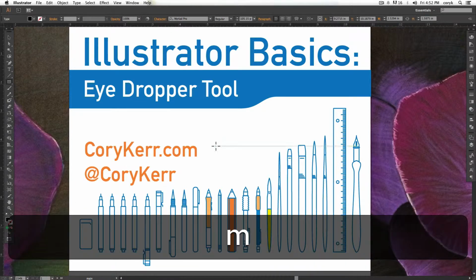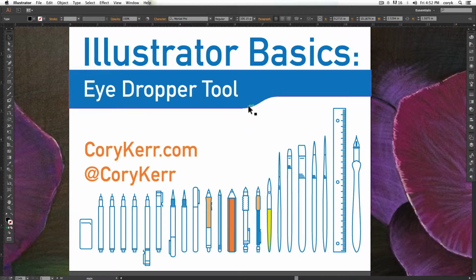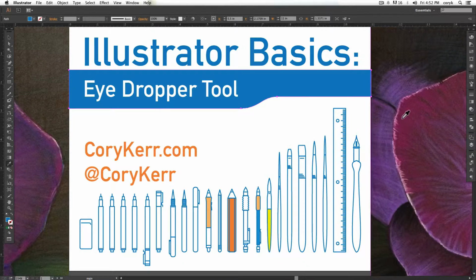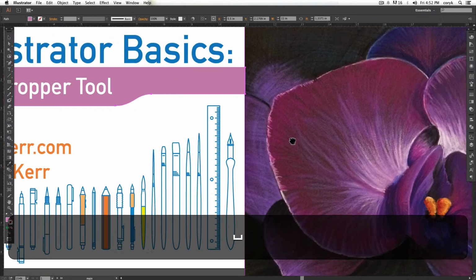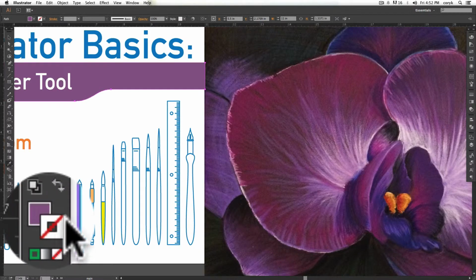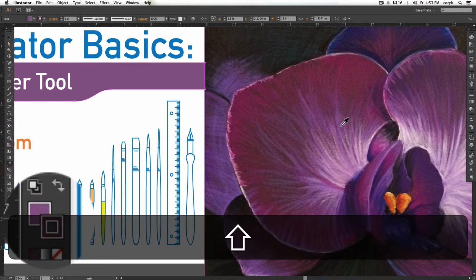So for example, if I wanted to select this, and I wanted to do what you do in Photoshop and just grab one of these colors, I can go over and grab them. This is an image that I drew with some colored pencils recently, so I can grab these colors. Now notice that the object that I have selected is changing color. Now this image does not have a stroke because it's an image, so it's only changing the fill even though the stroke is on top. If I hold Shift, then it will push those colors, notice right over here,